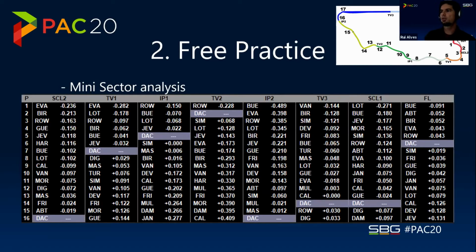as you can see here, his biggest loss is on this sector, he's losing almost 5 tenths to Buemi, that is the fastest guy on that part of the track. And that part of the track goes from turn 12 to the entry of turn 16. So we can say to Antonio, okay, Antonio, actually the biggest loss that we are having now is between turn